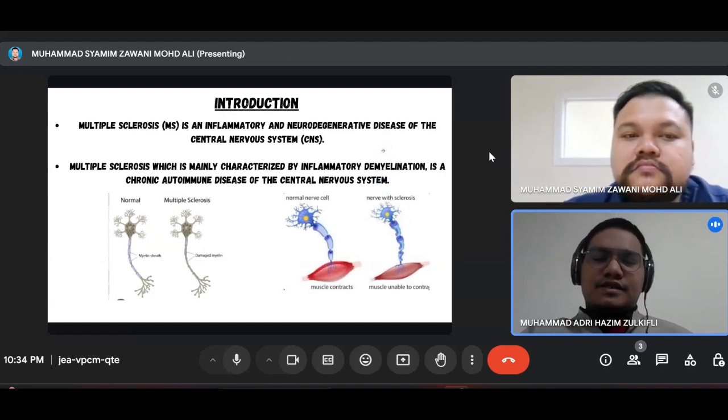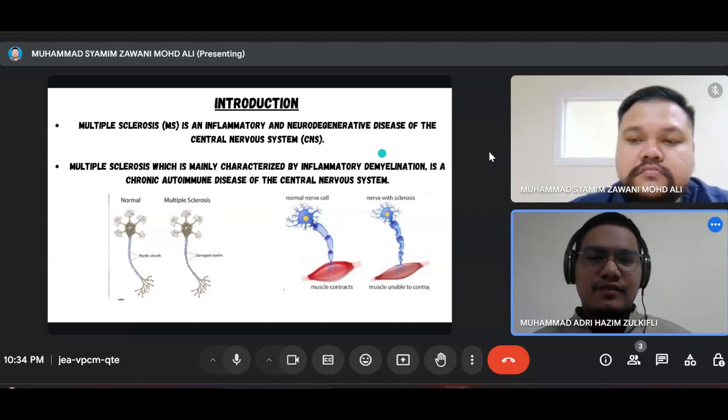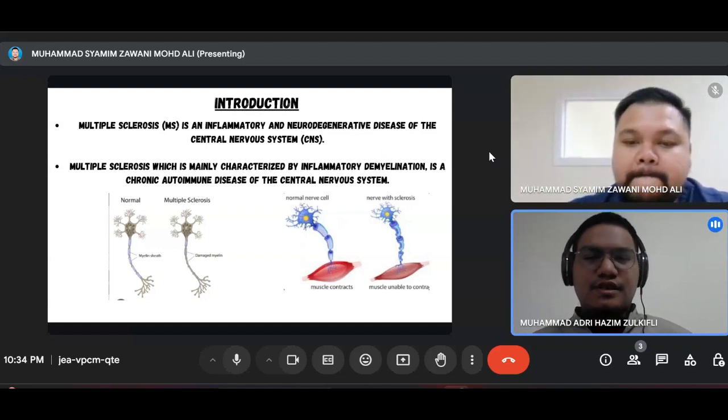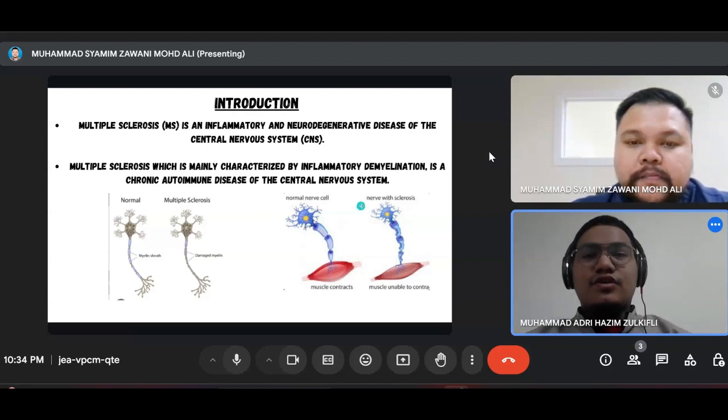For the introduction, multiple sclerosis is an inflammatory and neurodegenerative disease of the central nervous system. Multiple sclerosis, which is mainly characterized by inflammatory demyelination, is a chronic autoimmune disease of the central nervous system. It occurs when the body's immune system mistakenly attacks its own tissues, specifically the myelin, a protective sheath that